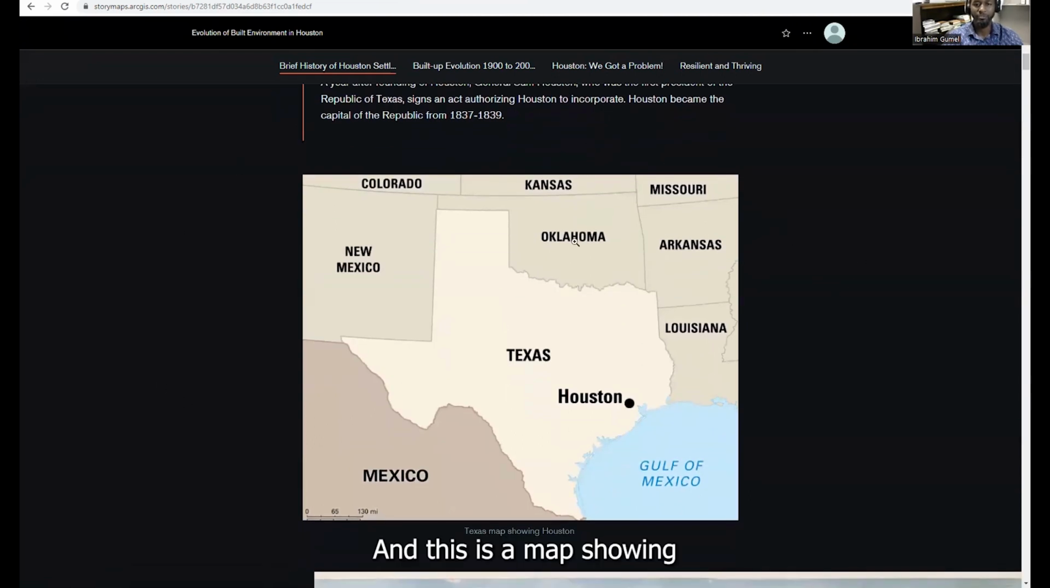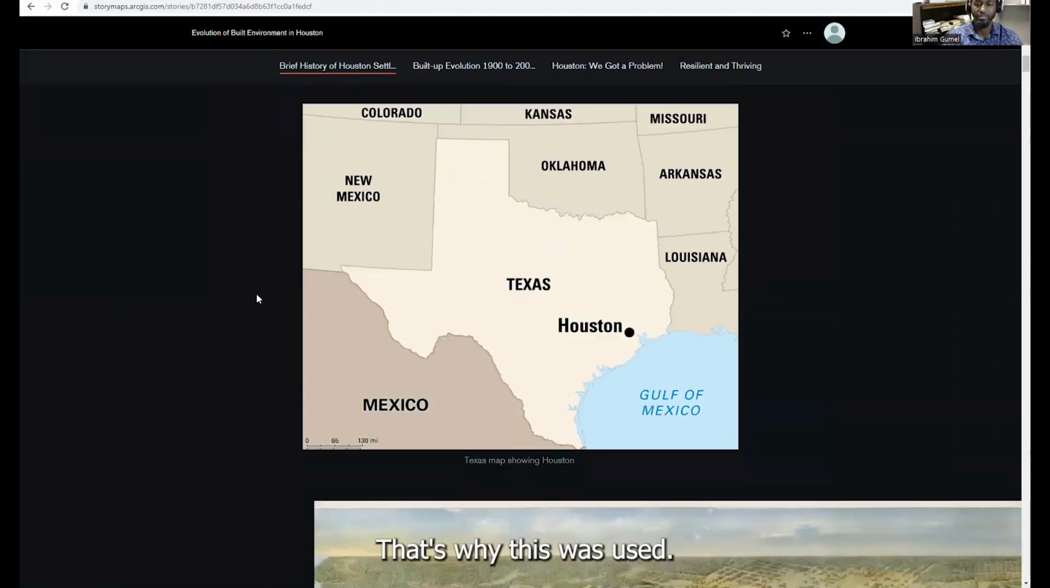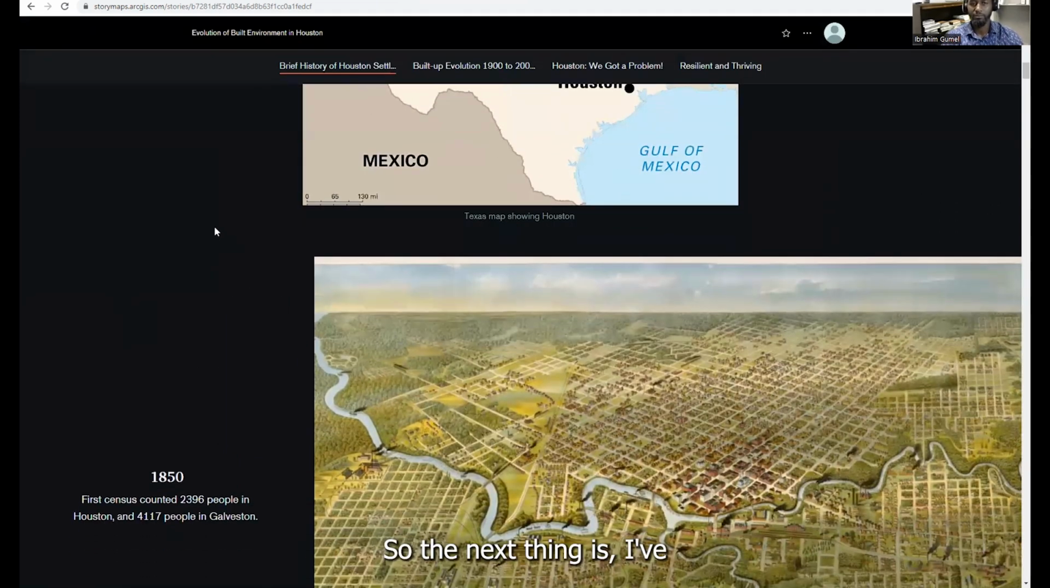And this is a map showing Houston within Texas. As you can see, this is just a static map. It's just a normal static map, which actually tells us what we want to see. We just want to see where Houston is in Texas, so there is no need to have an active map. That's why this was used. So the next thing is